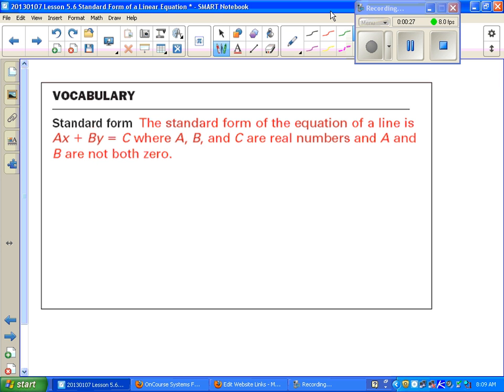All of this part after ax plus by equals c, where it says a, b, and c are real numbers. All we'll ever deal with in here is real numbers. And as far as a and b not being zero, that only applies when you're talking about horizontal and vertical lines and stuff like that. But ax plus by, when you're talking about standard form, is something times x plus something times y equals c. Oftentimes, b and a will be ones, and you'll have something that looks like this, like